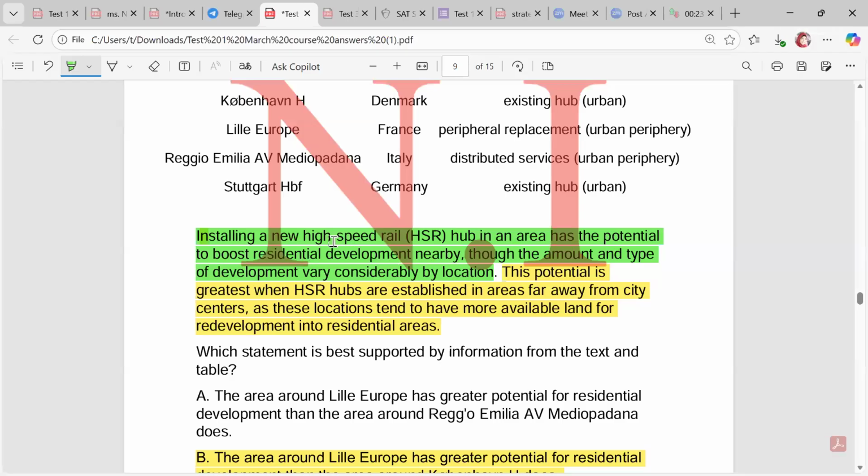That means when we have a high-speed rail, a fast train, hub in an area, it boosts residential development and population growth, though the amount and type of development vary considerably by location. Okay, this potential is...